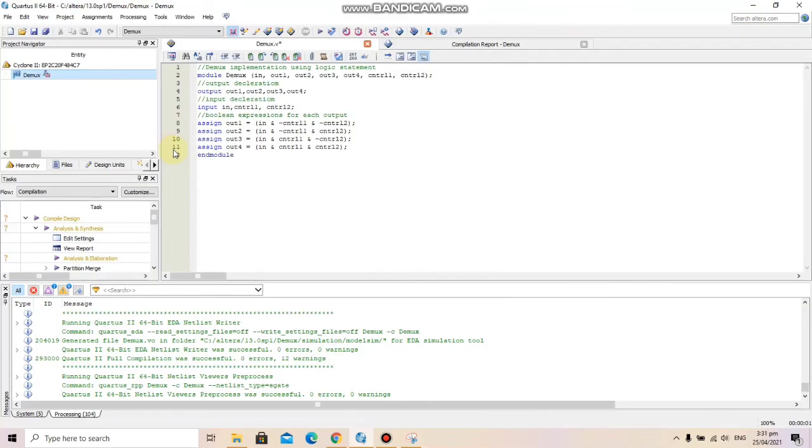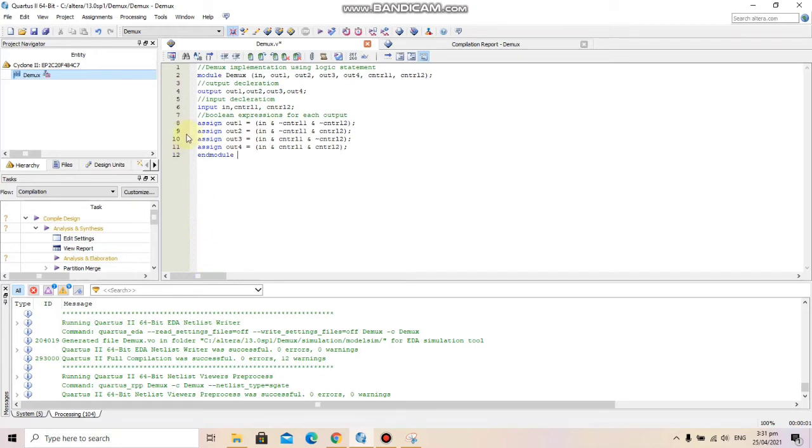So now I'm going to implement the demux with logic statements. Here is the code that I have created. First of all, declaring the module and the variables, then the output declaration and the input variable declaration. We have 4 output variables and 3 inputs, 1 data input and 2 control inputs. As we know, in logic statements we simply write the boolean expression for the output in a single statement.